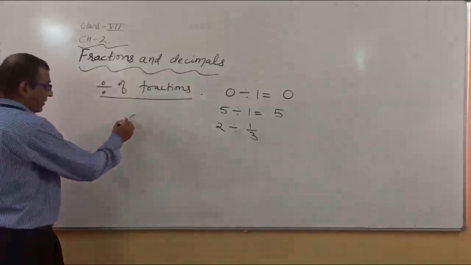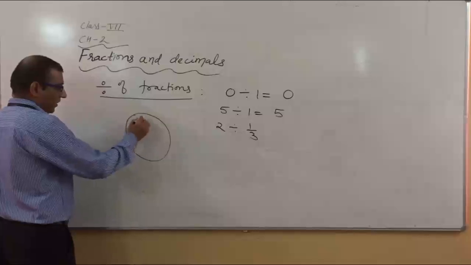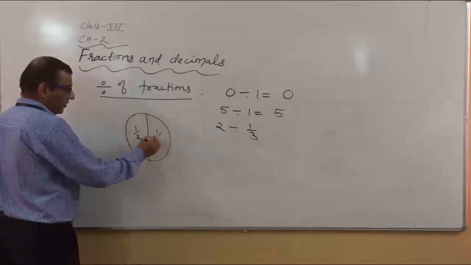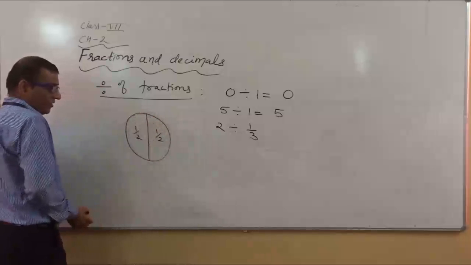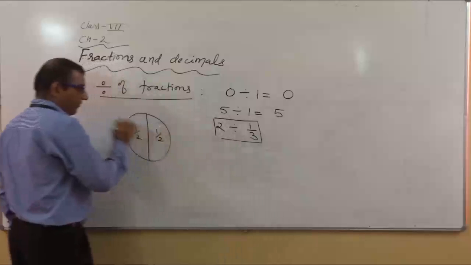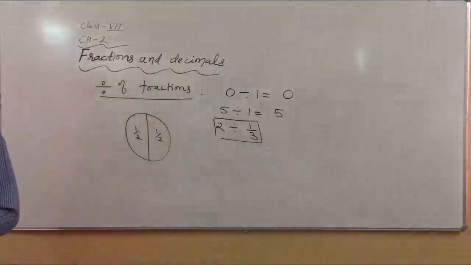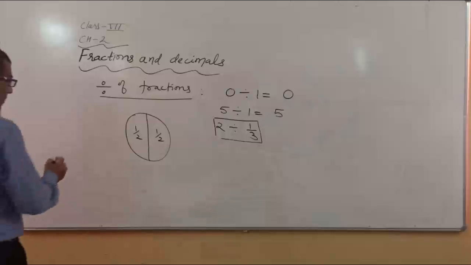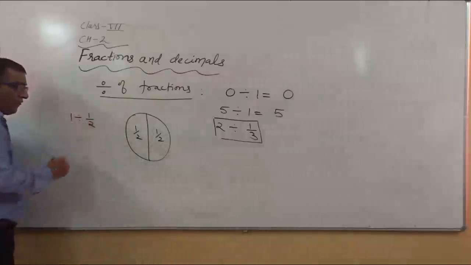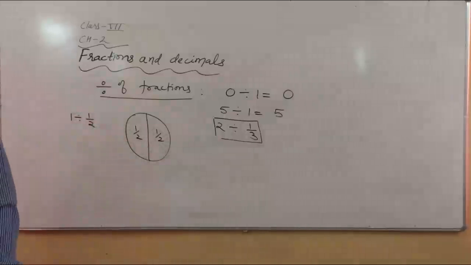As you see, this is the circle, this is the half portion, this is the half portion. I will tell this concept later on. First you will focus on this. You see, one circle is given, there are two portions, both portions are related with half. So if we want to divide 1 by half, what will come and how can we solve it?